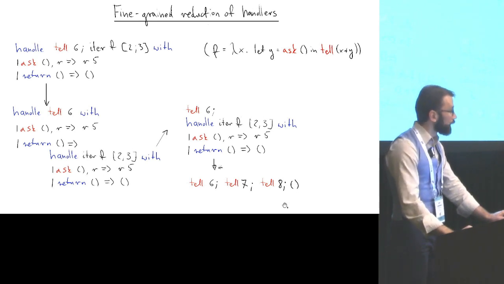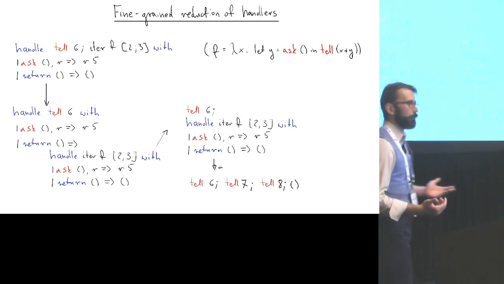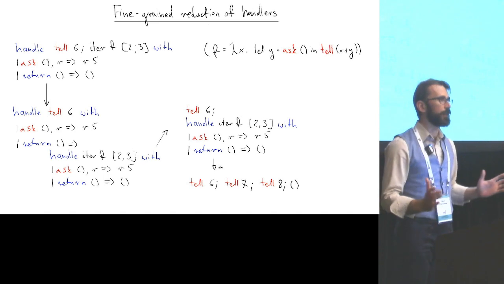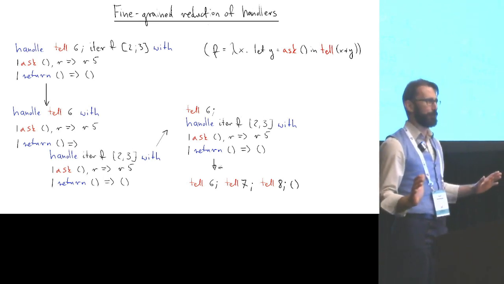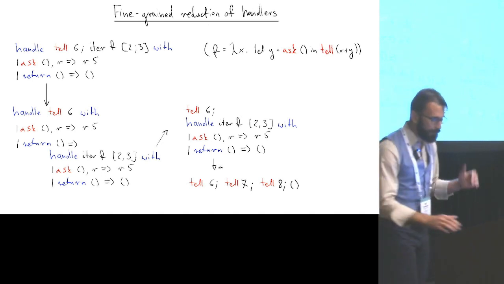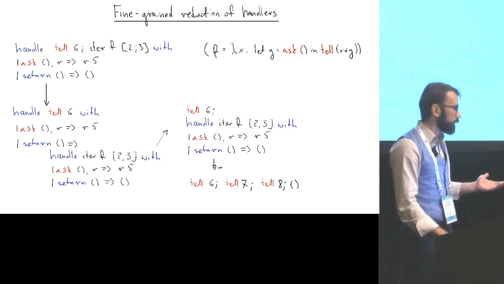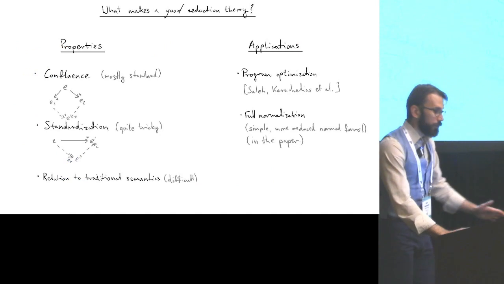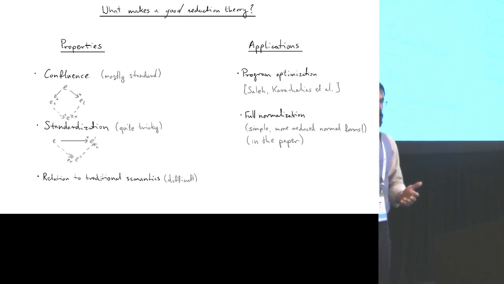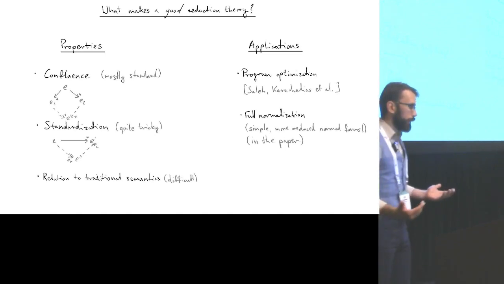And to my mind, at least, this is much better than what we had before. But, you know, obviously, this means we're all set. This is all fine. It worked on the one simple example, chosen by me. So obviously, everything's fine, right? Well, not necessarily. For now, it's just a set of reduction rules. Who knows what sorts of reduction theory they encode? So the question that I would like to ask is, what makes a reduction theory a good reduction theory?